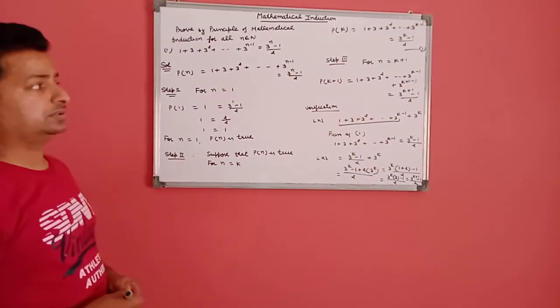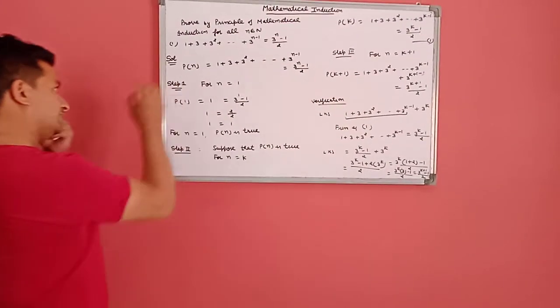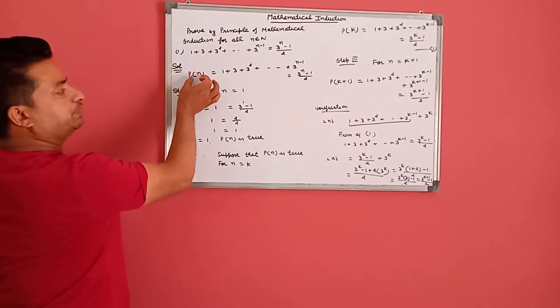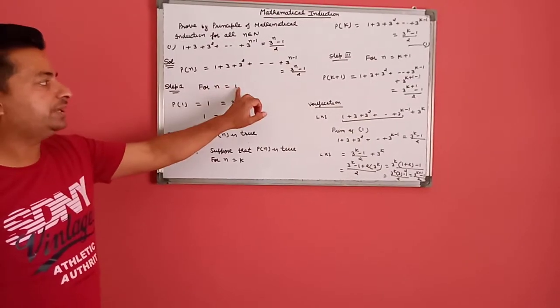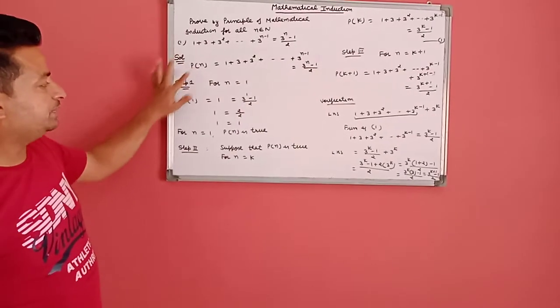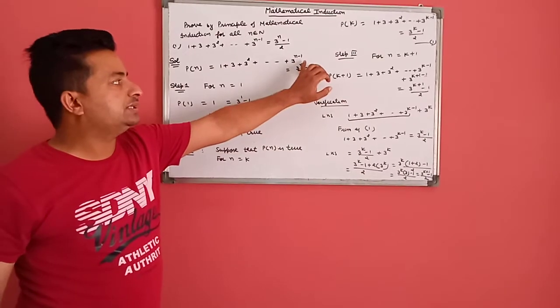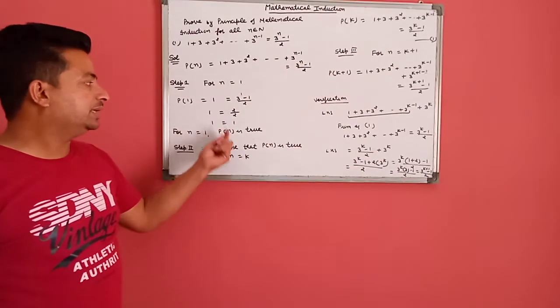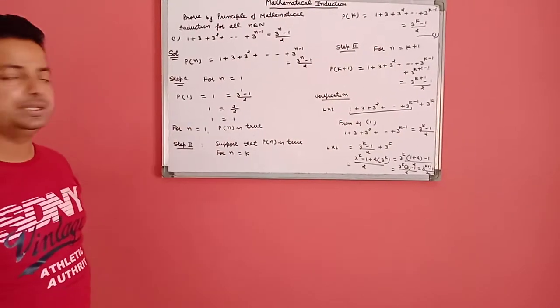This question is very important. This is divided into 3 steps. First, we take this statement as Pn. In this statement, the first step is for n is equal to 1, that is P1. First term as it is, we put n is equal to 1 in the right hand side, then these two are equal. That is, for n is equal to 1, this statement is true.